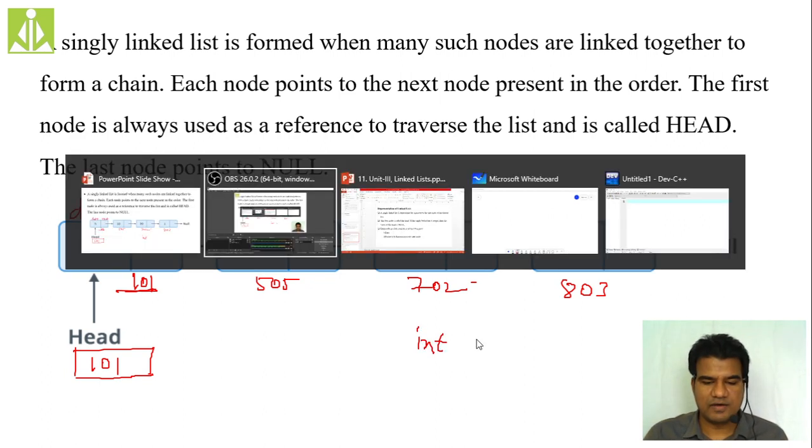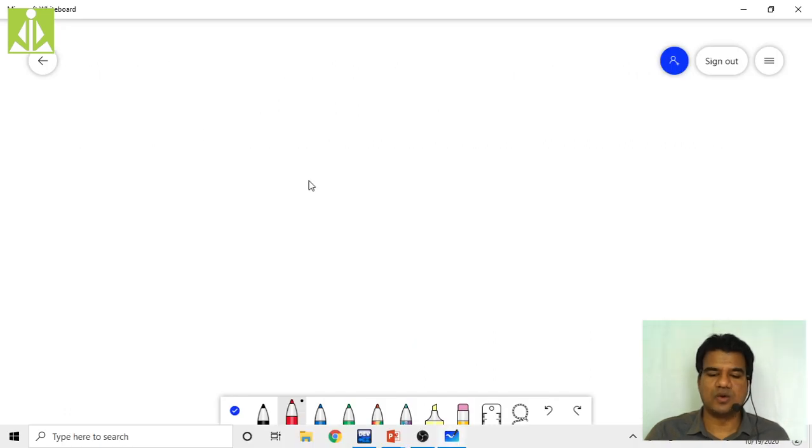I will take the whiteboard for this explanation. If you have a normal integer variable, let us say int a = 20, then what will happen? Internal to your computer's memory, a block of memory will be allocated for this variable a, and into that block the value 20 gets stored.